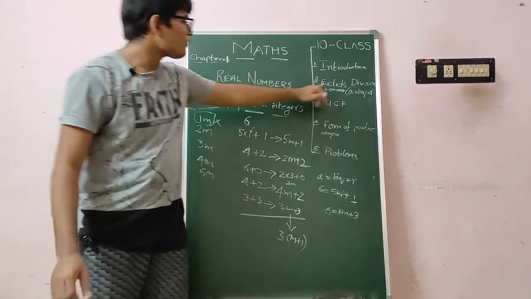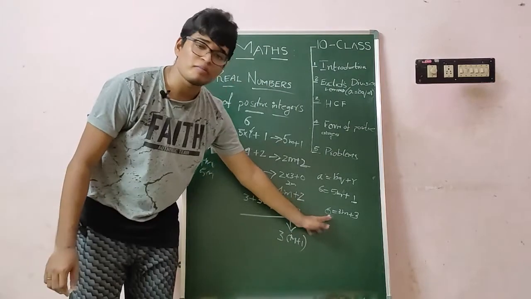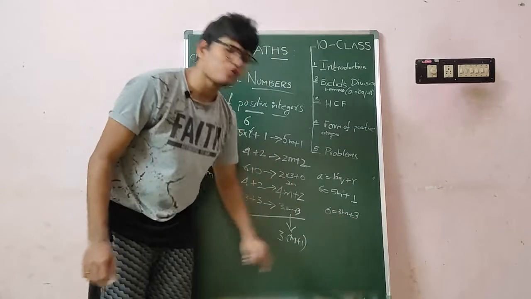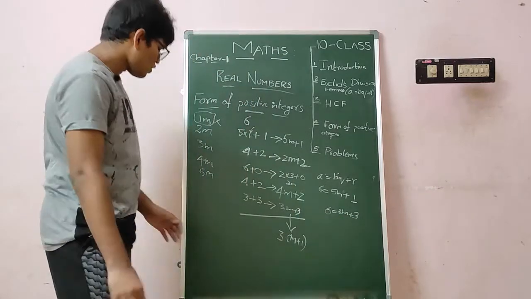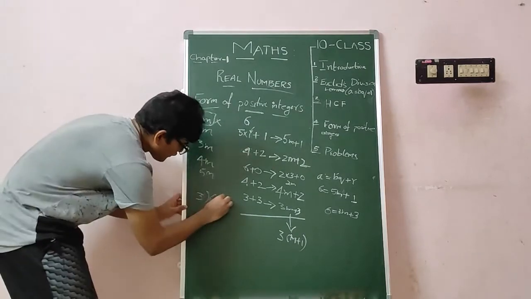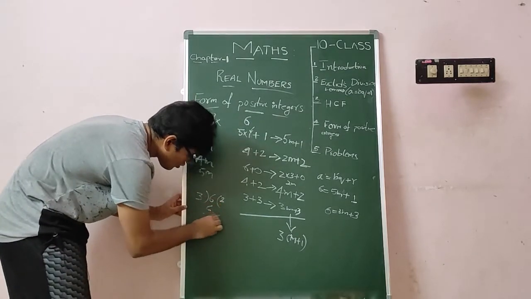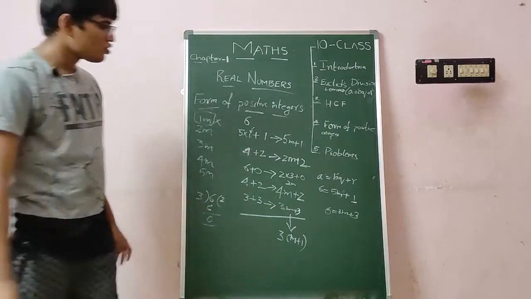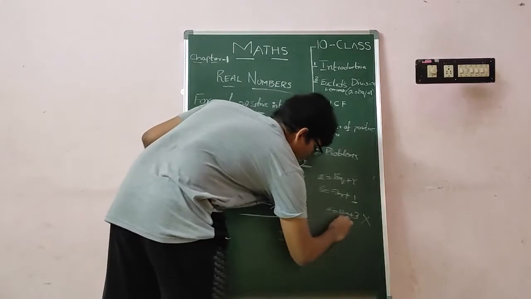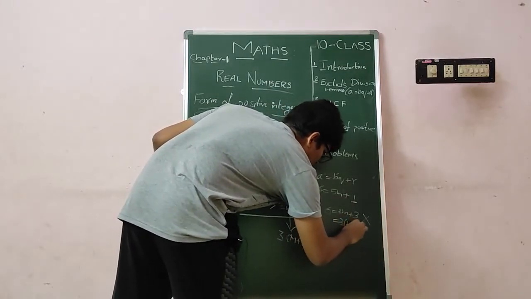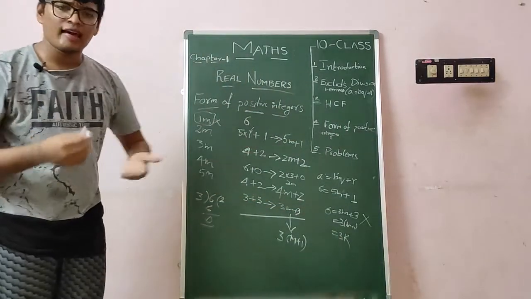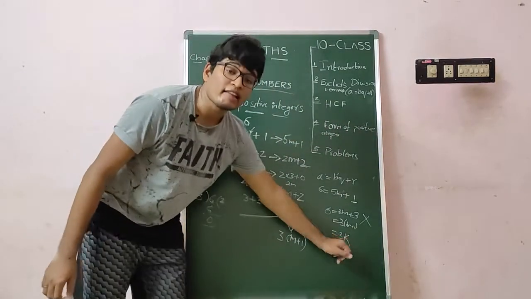To understand better, take 6 equal to 3m plus 3. As you already know from Euclid's division lemma, what does this mean? This means if we divide 6 by 3, we get a remainder of 3. Is that true? No. If we take 6 and divide it by 3, we get remainder 0. Yes or no? So we can't represent it like this. This can be written as 3 into m plus 1, and this m plus 1 is our new variable, something like k. So 6 can be written as 3k.